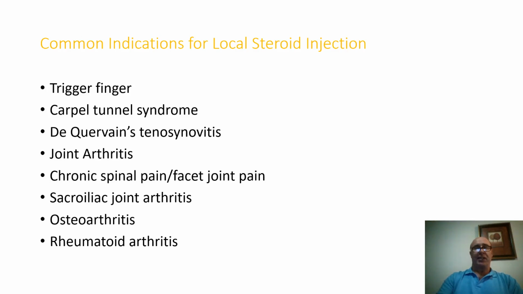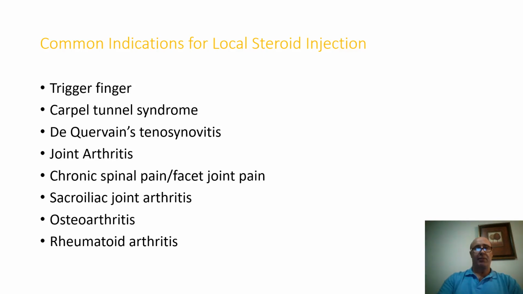Many areas are easily accessible and are commonly injected with local steroids. These include hand conditions such as trigger finger, carpal tunnel, De Quervain's, and basal joint arthritis of the thumb. Many spinal joints are injected routinely under fluoroscopy. Sacroiliac joints are injected. These are slightly more specialized injections and are given in theatre under fluoroscopy with the patient